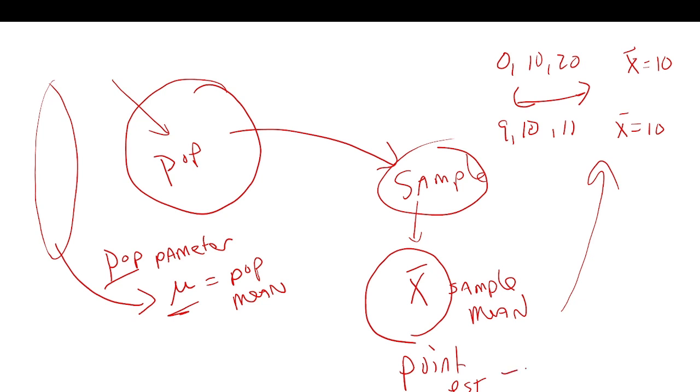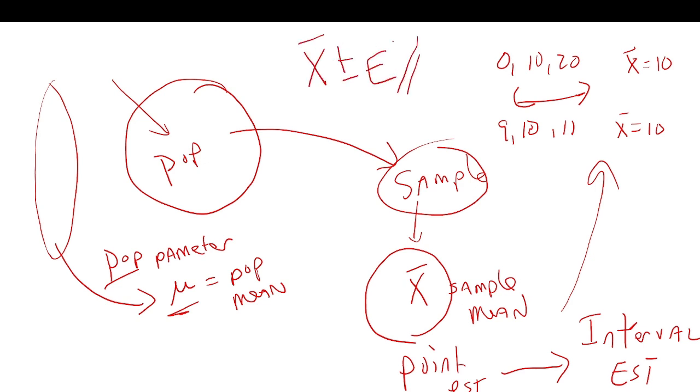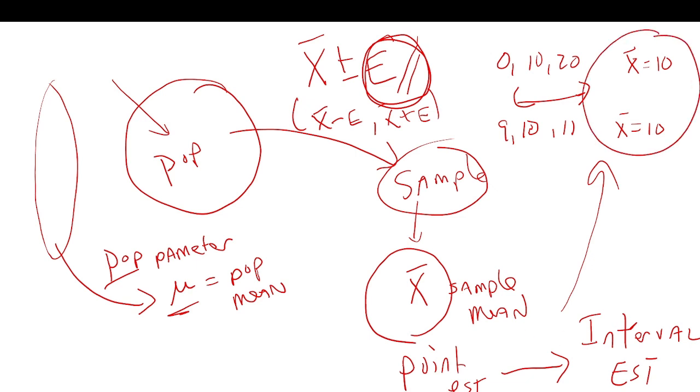So what we do is we actually do something called an interval estimate. And we add some information to this. Specifically, what we do is we add and subtract a margin of error. Okay. Which is a value, the margin of error that I'm going to talk more about, it incorporates both the sample size and the variability in the data, and what it will give us is an interval where we have a low end and a high end estimate, and we can look at that interval,